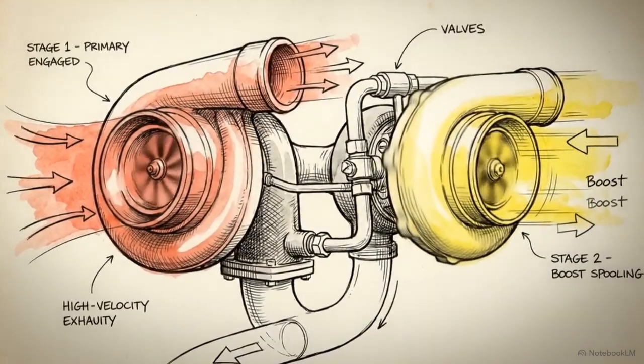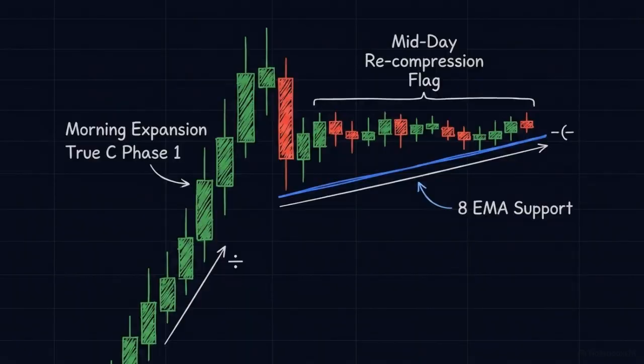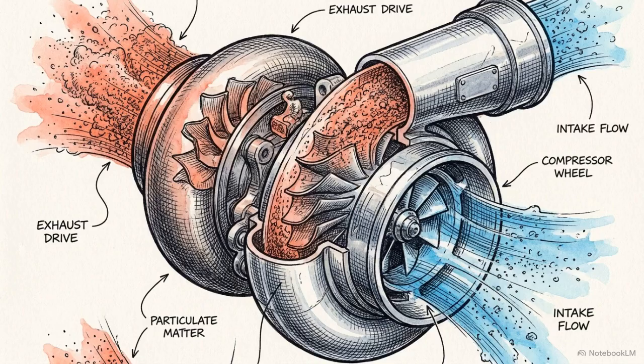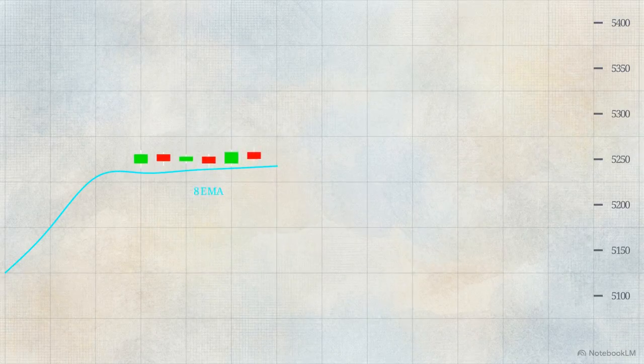the output. The first phase is an uninterrupted morning expansion, where price accelerates vertically through the first half of the session. Midday, the market flattens into a microscopic flag. Note how it stays perfectly above the fast 8 EMA line to absorb late orders. At this point, many retail traders assume the market is overextended. They often attempt to short the top of the range. The physics of the market use these short positions as the liquidity needed to fuel the second stage of the move. This results in a compounding expansion that continues directly into the close, often covering hundreds of points in a